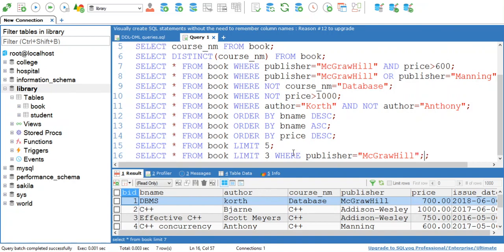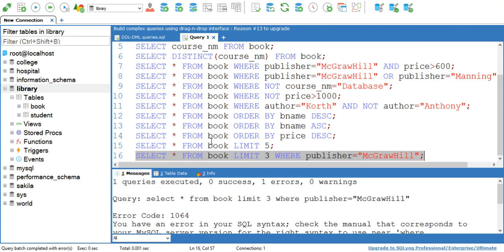McGraw-Hill. See, McGraw-Hill publisher has published 4 books. Out of these 4 books, I want to display data only for 3 books. Okay, so I can simply write this condition.